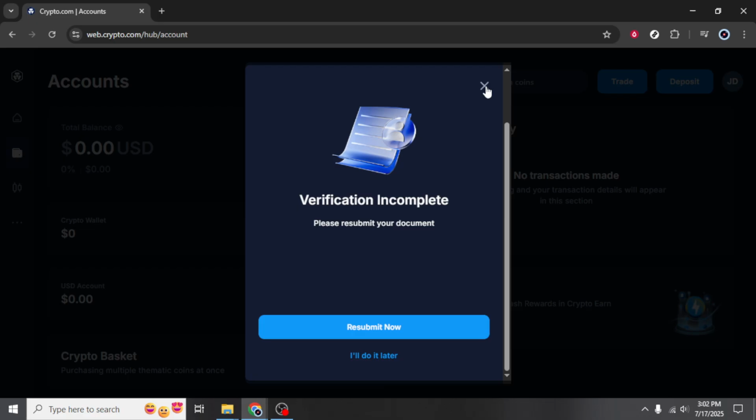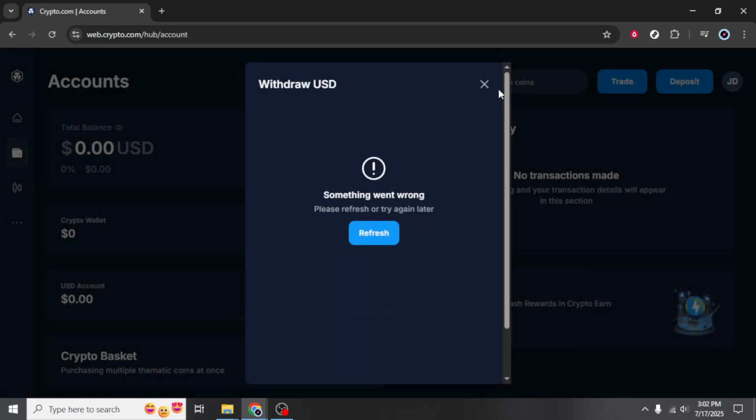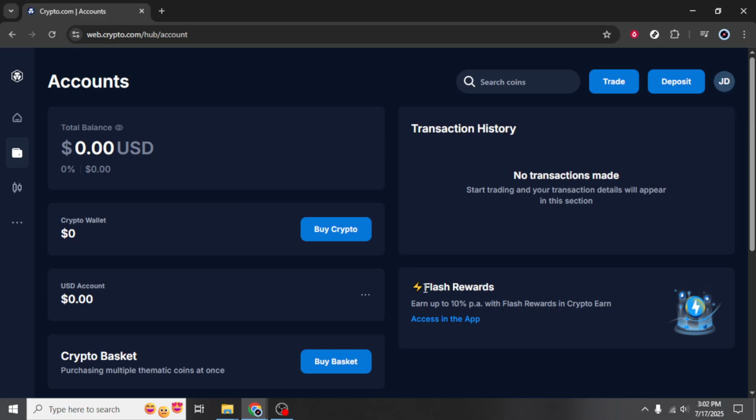So there you have it, a straightforward step-by-step guide on how to withdraw your funds from Crypto.com. Whether you're a seasoned trader or a newcomer to the cryptocurrency world, this quick tutorial is designed to make accessing your money as